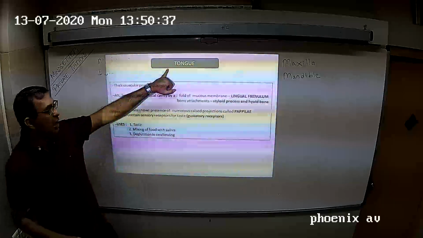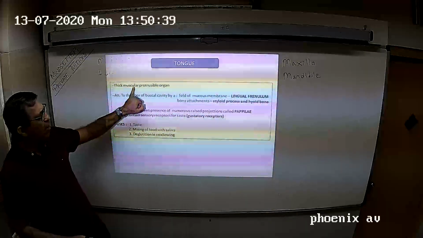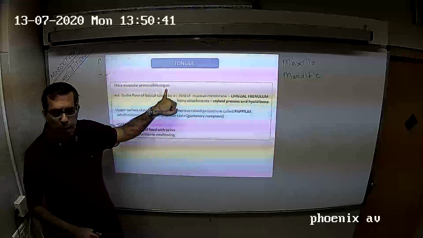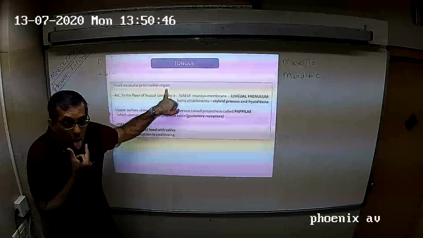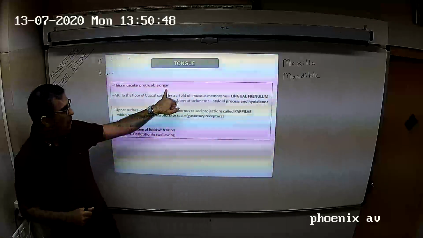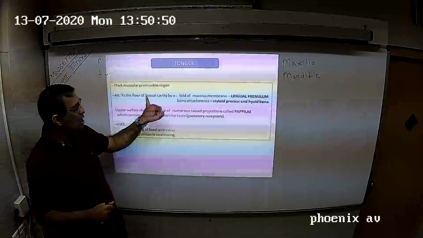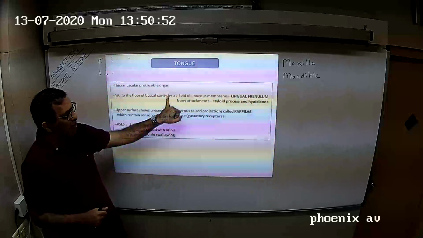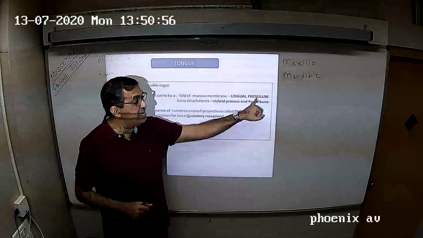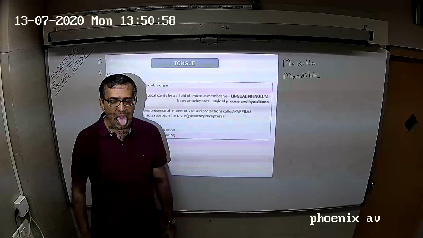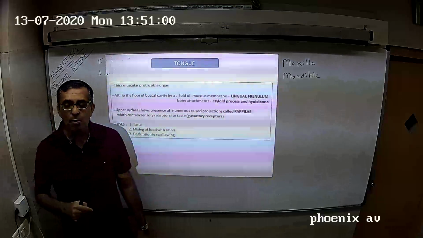And then we have the tongue. The tongue is a thick, muscular, protrusible organ. The tongue is attached to the floor of the buccal cavity by a fold of mucous membrane called the lingual frenulum. Sir, if we roll the tongue,